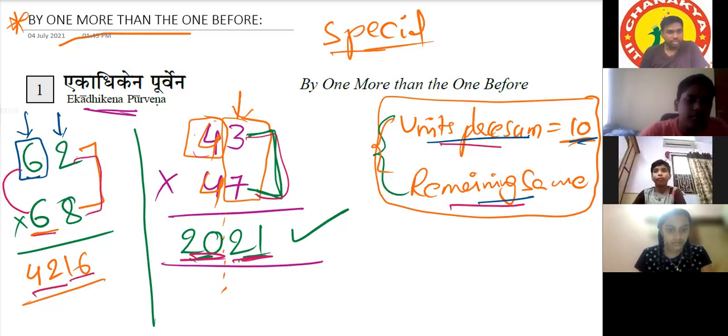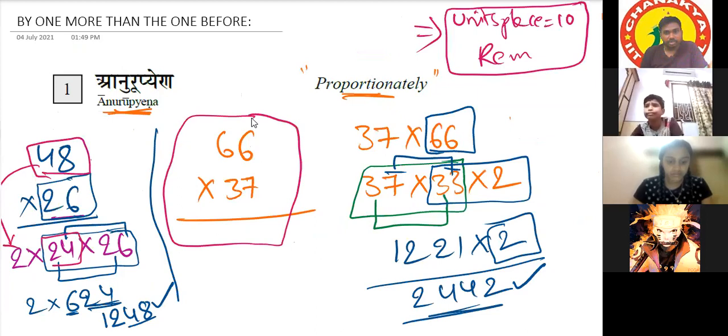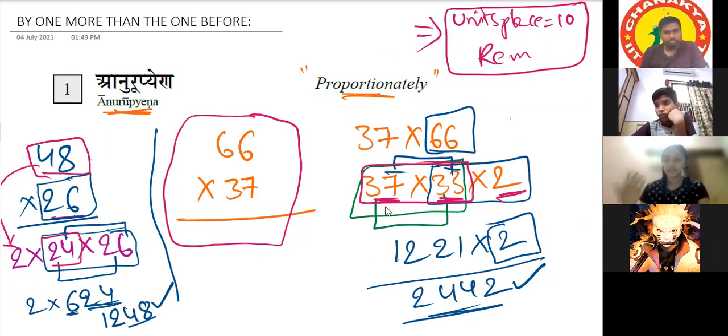And today we are going to see the extension of this model. What is that extension? If a question is given like 66 into 37, I'll make 66 like 33 into 2. 33 2s are 66, right? And the other number is 37. So these two numbers come under our shortcut. First we will do up to this part: the successor of 3 is 4, 3 4s are 12, and 3 7s are 21. And later we'll double it.